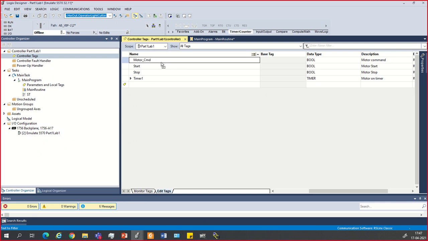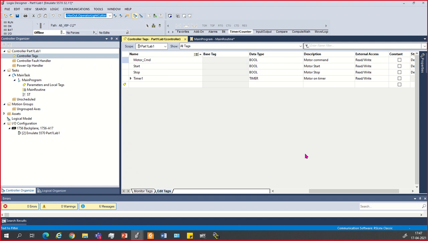I just want to create the arrays for particular tags. Just click on the data type. Initially you need to click on edit tags and then click on arrays, and in arrays you can insert the square bracket. Inside the square bracket, however many arrays you want to create, you just enter the number, the 20. Here I want to just enter the